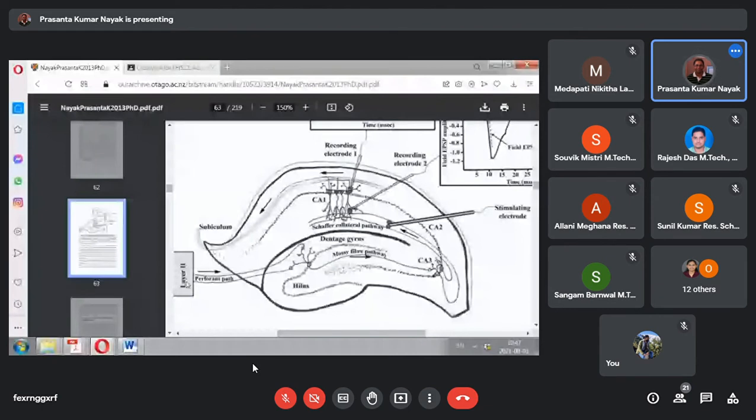You can see this is an axon. Axon is actually giving input to the dendrites of what? This is dentate gyrus cells. Did you see dentate gyrus? If you have not analyzed it, you just go through that. The dentate gyrus cells are nothing but they are called granular cells. This dot that you see in the dentate gyrus, and if you look at the dendrites of this particular granular cell,